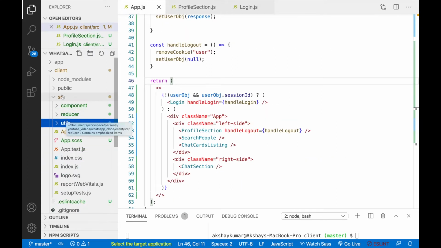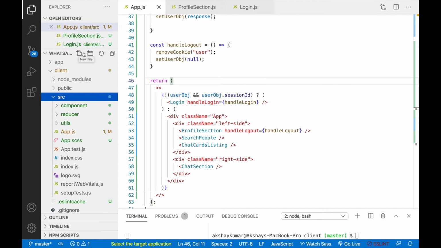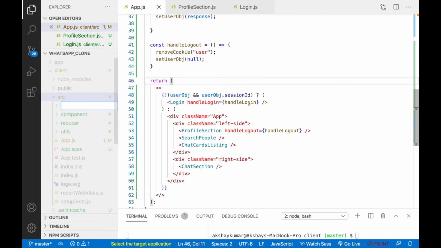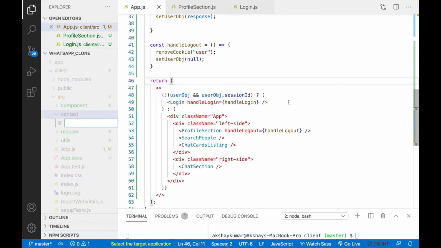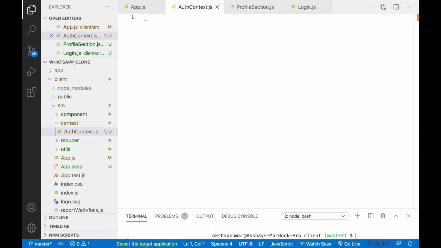Now we have to create some context also. So I will create one folder, context. Inside this, I will create auth context. Inside auth context, I will import React from React.